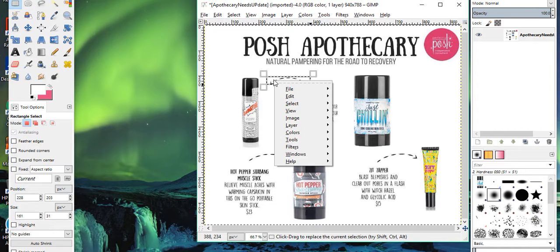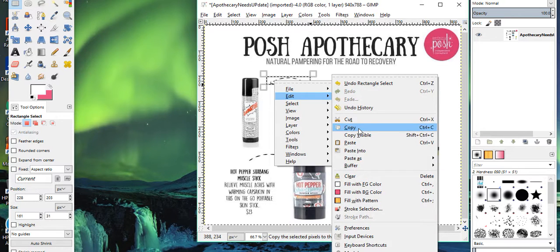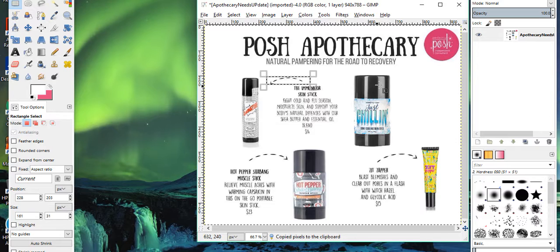Once it's floating like that, I can right click, edit, copy. Make sure you copy, not cut. If you cut it, it'll take it off the screen. Edit, paste. Now there's a second one there. You can't tell because it's on top of each other. But if I move it over,